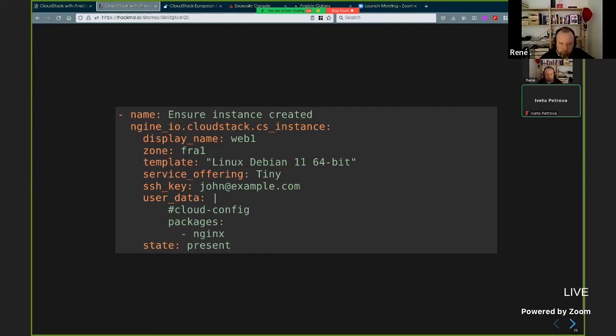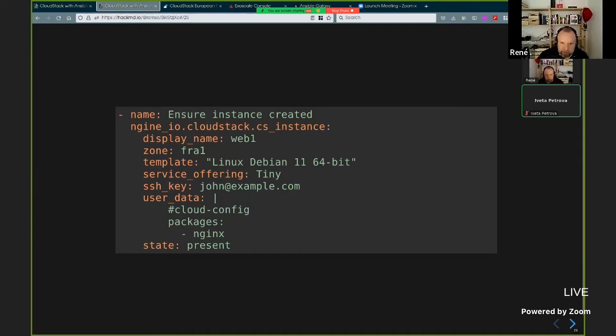So if we run this, it will create a VM that is running, because you can only have VMs that are running or stopped. And the default is running. But we didn't say that it has to be running. So if you stop a VM afterwards and you run the same task again, it will not start the VM because it exists, it's present, and this is the default. So we have to be explicit in your params to define the state.